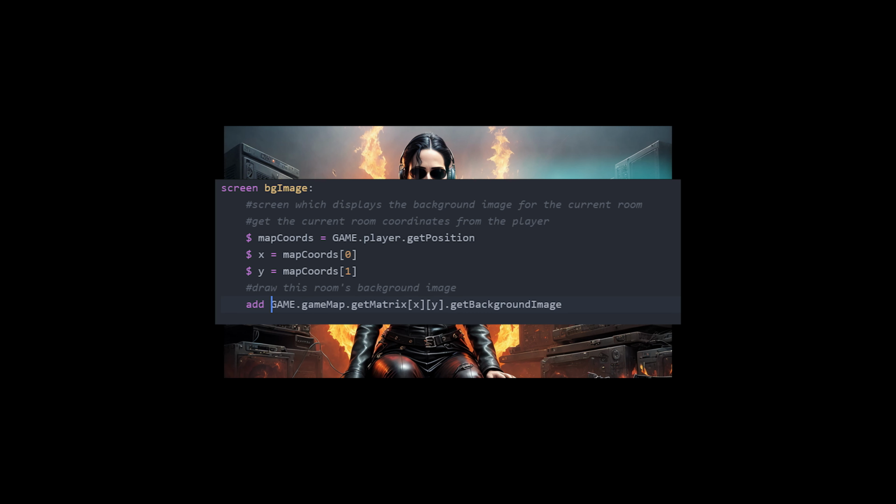You could do this in one if you wanted to, but I've just done it this way to make it more readable. So we've created a new screen in a new file and it's called BG image. If you remember, our main UI uses BG image. And all this does is it gets the player's position. It splits the player's position down into an X and Y coordinate, which we then use to reference the room,